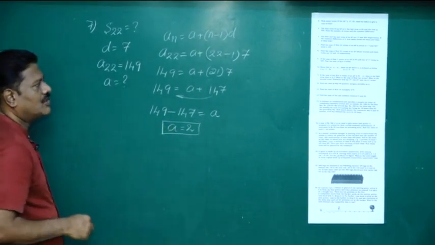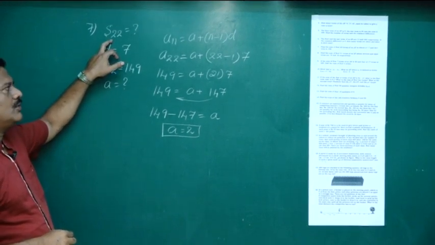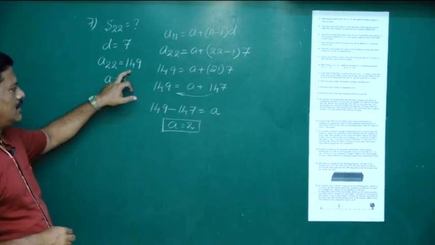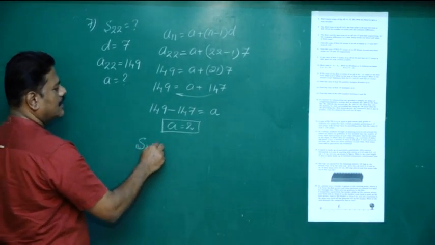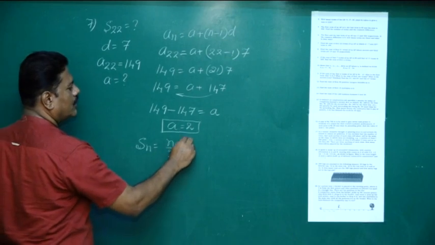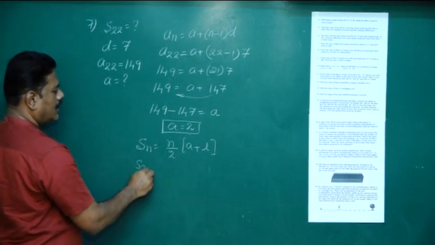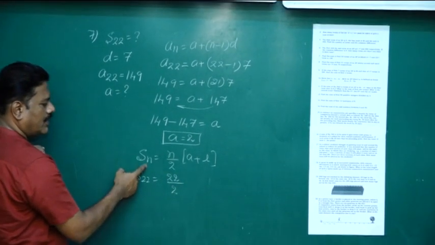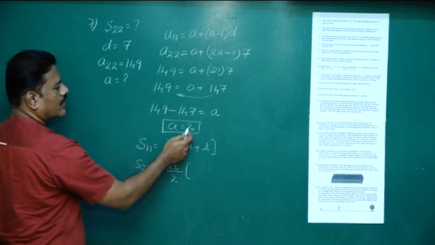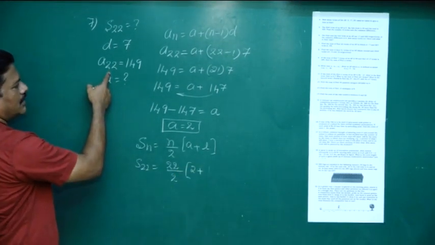So we came to know the first term, but we cannot stop the problem because we have to find S22. I know the last term here, so I make use of this formula. Sn is equal to n by 2 into A plus L. So S22 is equal to, in the place of n you have to substitute 22. A, just now you have calculated, 2. Last term means this one, A22,